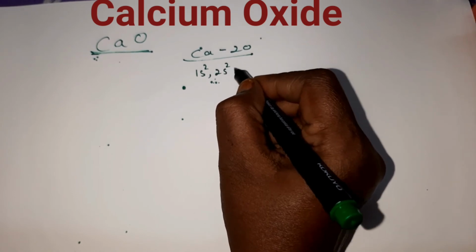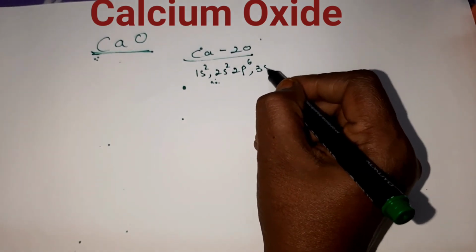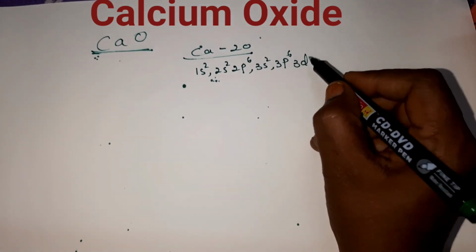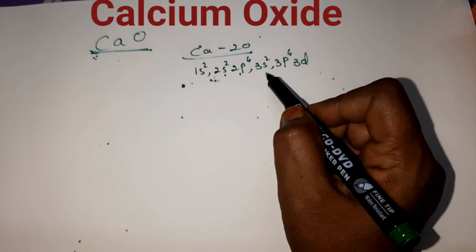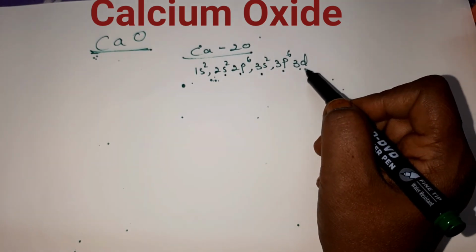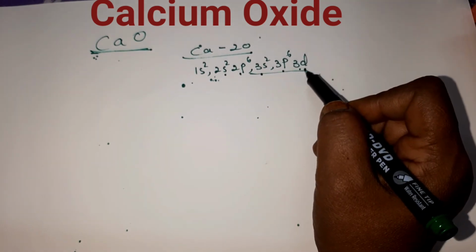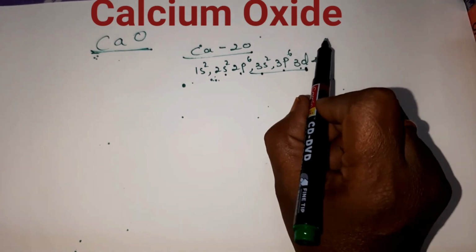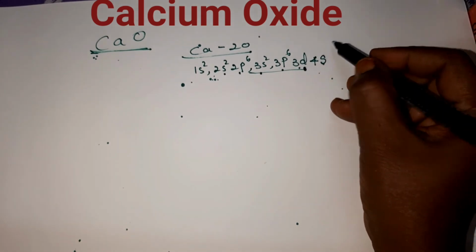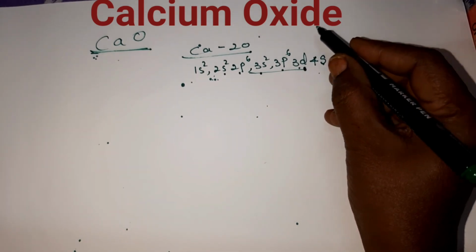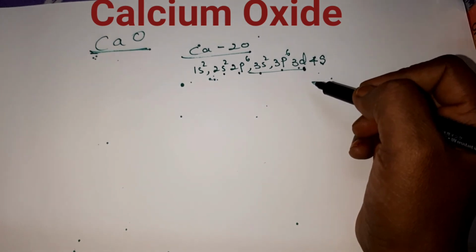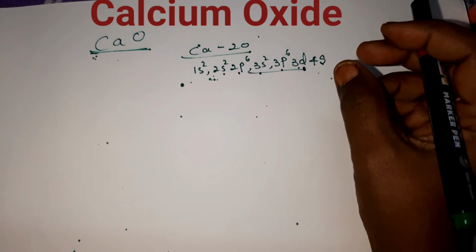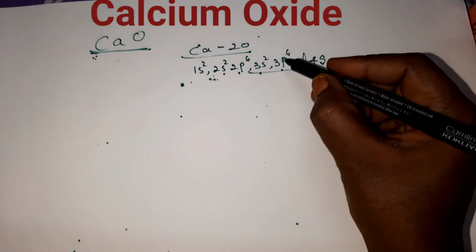So how do you write electronic configuration? 1s2, 2s2, 2p6, 3s2, 3p6. Okay children, 3d is there children. The third shell has got D subshell and then 4s. You have to remember children, while writing electronic configuration, first fill S shell and come to D shell. These are called transition elements children. You find in the periodic table transition elements where first S shell is filled and then the D shell.